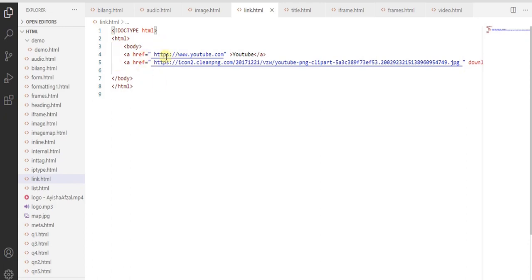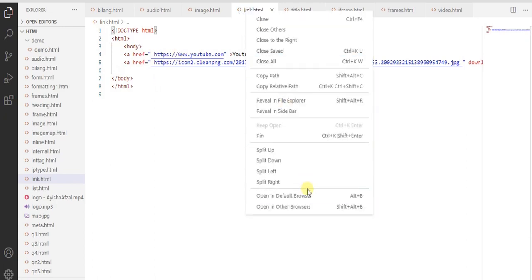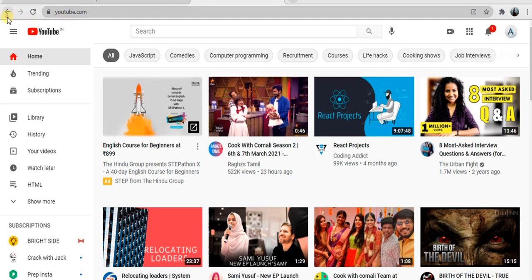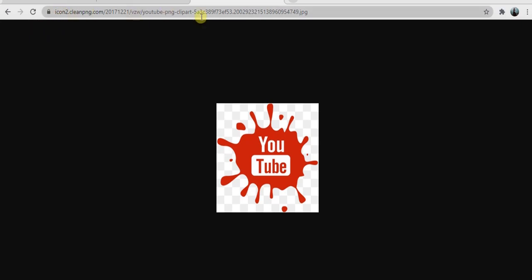Now you can see the same code I written in Visual Studio Code. Now I execute this in the browser. It gives me an output like YouTube and download. The first link I have given is www.youtube.com, so whenever I click this, it goes to youtube.com. Then the second link, download. Whenever I click this download, it goes to the link I specified in href, the .jpg. This image will be displayed here. It automatically saves in my downloads whenever I specify the word download. This is the use of this link.